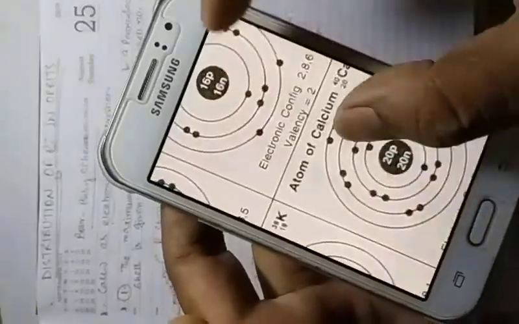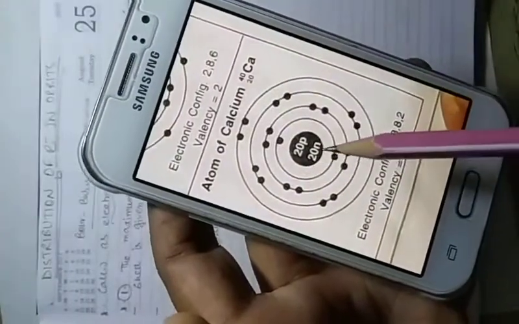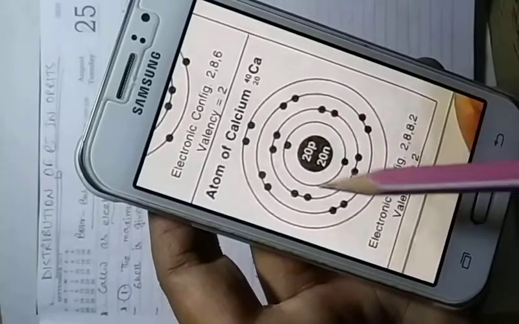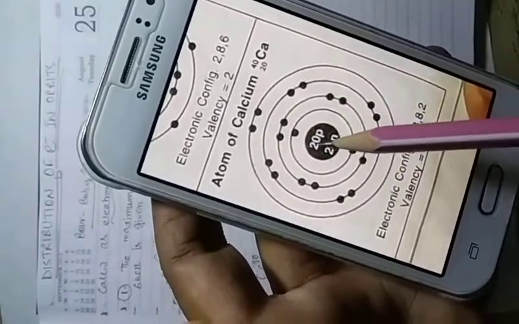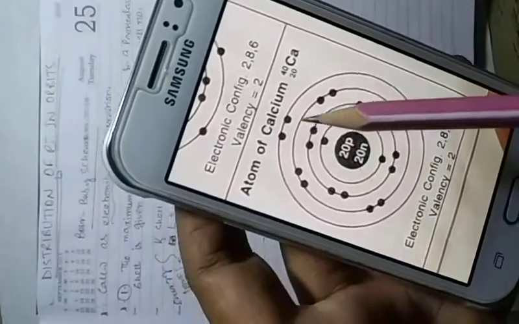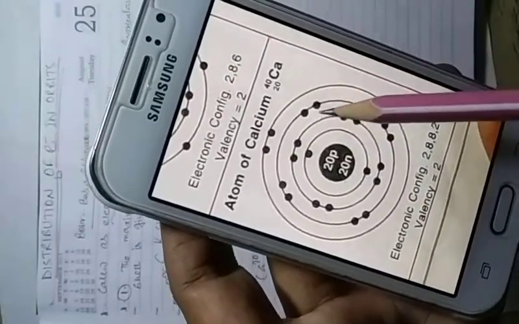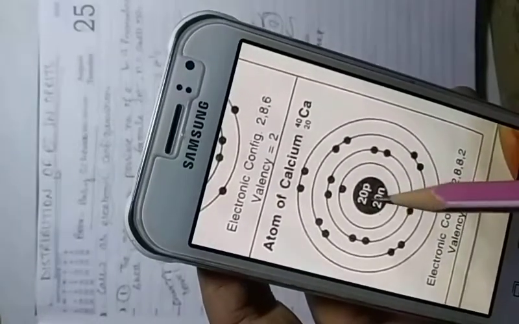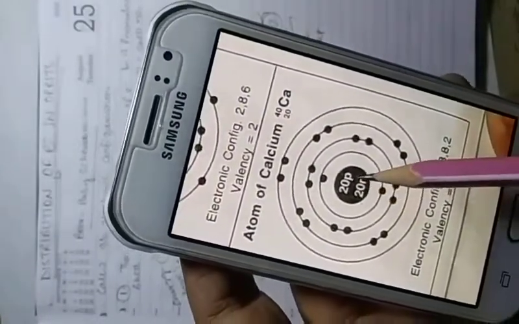Similarly, if I show you another atom, you must watch this page. All the electronic configurations have been written properly. Okay, so it is important; up to 20 it has been drawn. If I show you the 20, what I just explained: in the center there are 20 protons and 20 neutrons, and 20 electrons arranged outside. You know that this is atomic number 20, meaning 20 electrons as well as 20 protons. So where will the 20 protons stay? They will be in the nucleus. The same 20 neutrons will be there.